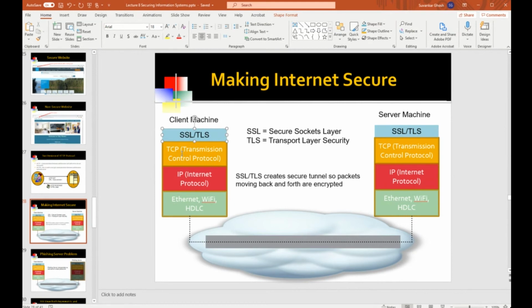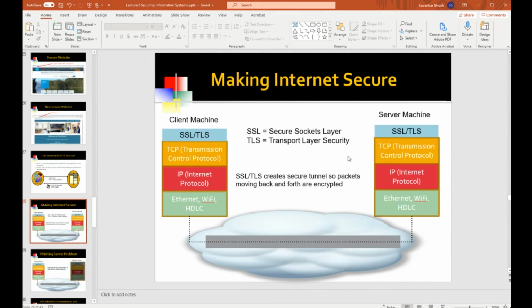I said there was a protocol stack at the originating host computer, and there is a protocol stack, the TCP/IP and the link layer, and there's a protocol stack at the other end. So at the source end, this TCP protocol layer entity is establishing a connection with the TCP protocol entity at the other end.